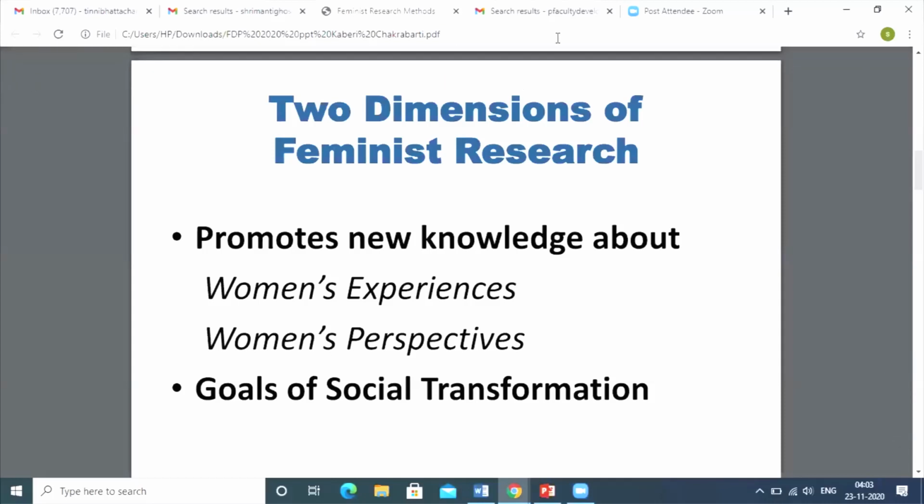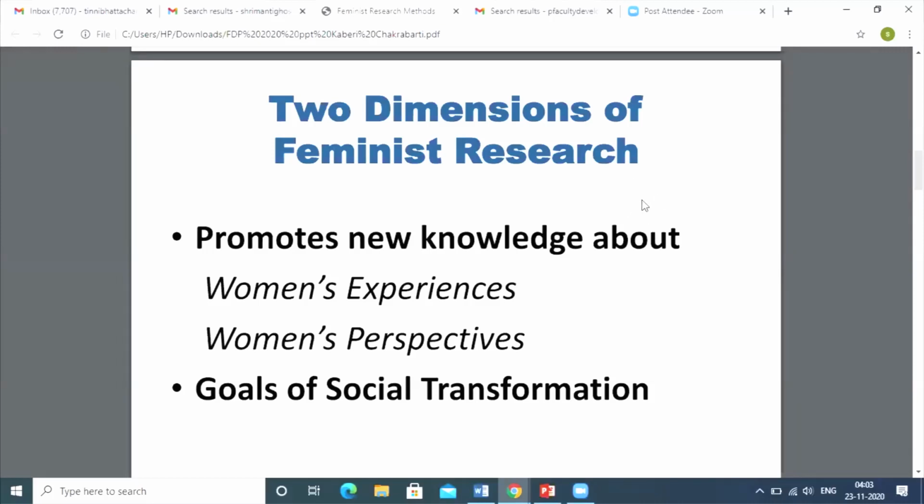When we talk about feminist perspective, we know there is not one single perspective, but rather multiple perspectives. So the two core dimensions of feminist research are: number one,